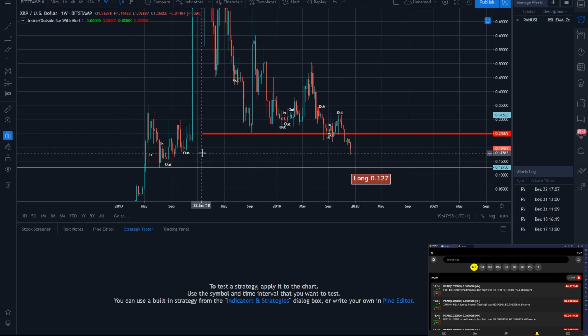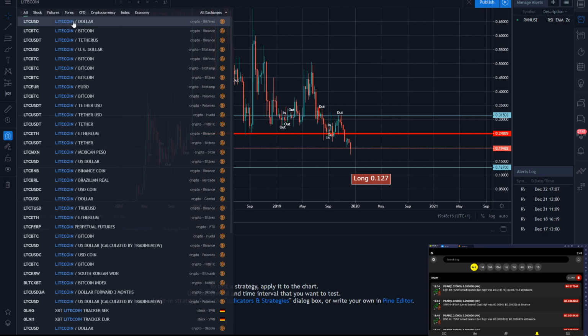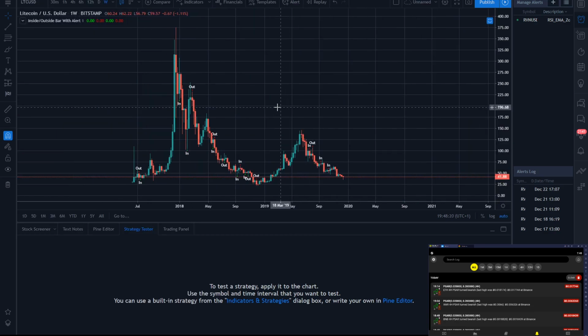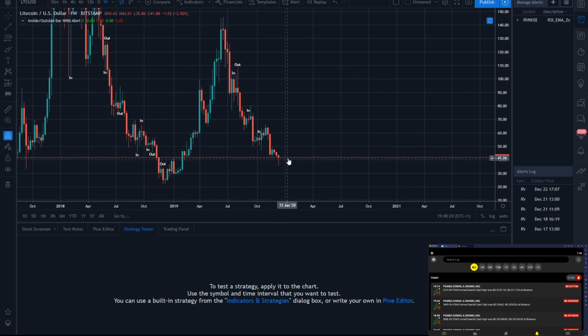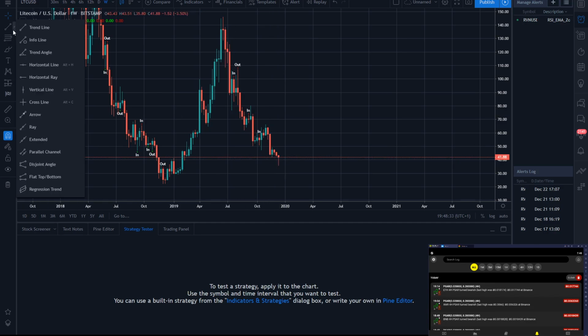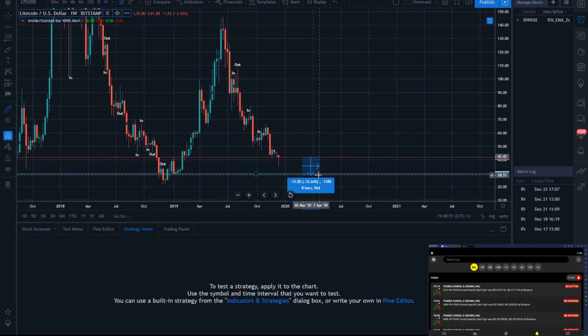Any other suggestions? Let's try Litecoin. Litecoin to the dollar on Bitstamp. So yeah, this is in a clear downtrend. If this week closes below this, your next target will be this, which if you are a short opportunist, you can go. Let's see how much downside there is potential. $32, and 50%. So 1 to 2